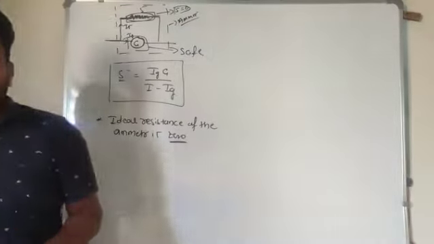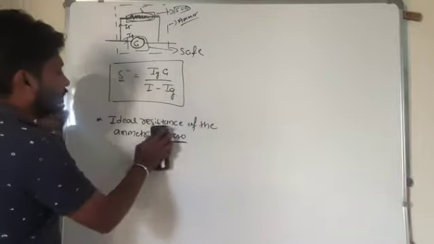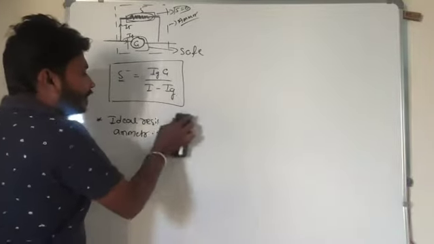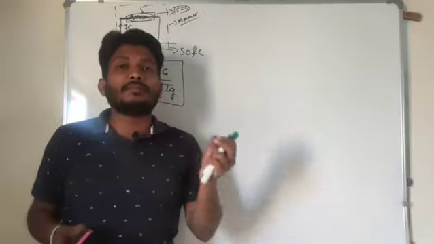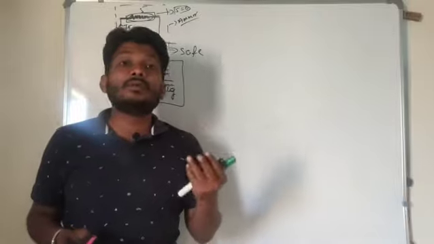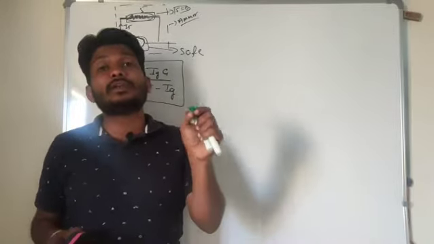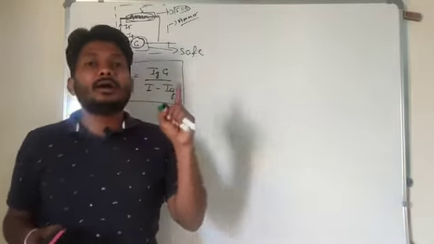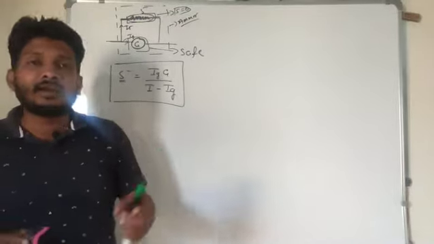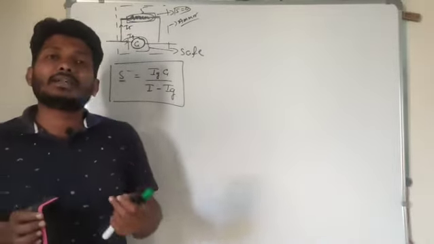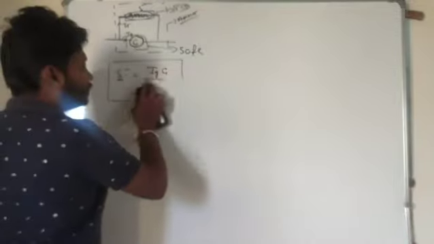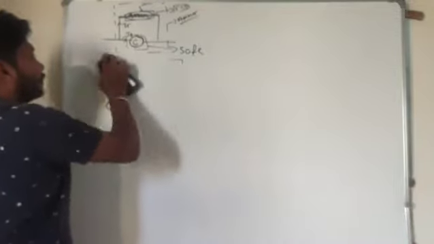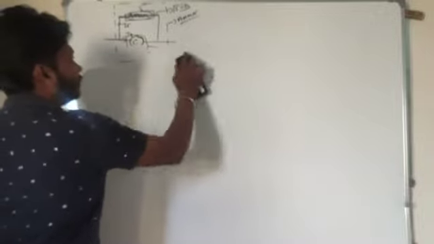Now in today's session we will consider how to convert the galvanometer into a voltmeter. Remember one thing, an ammeter is used for detecting current in the circuit. In any circuit, if I want to measure the current, I will use an ammeter. Next, in order to measure the potential difference, I will use a voltmeter. The voltmeter is used to measure the potential difference, right?